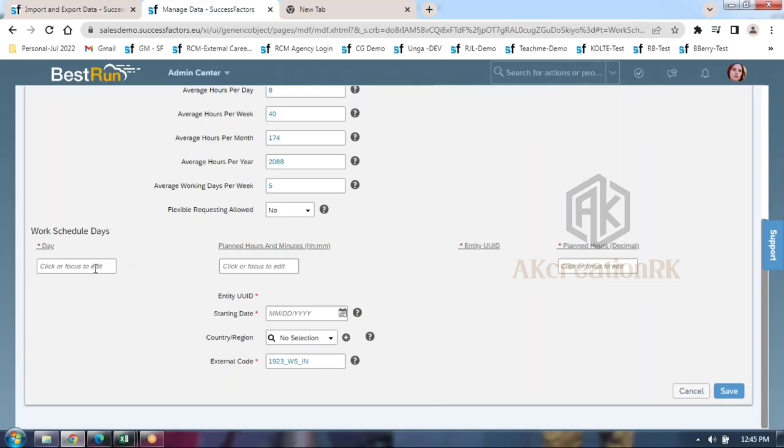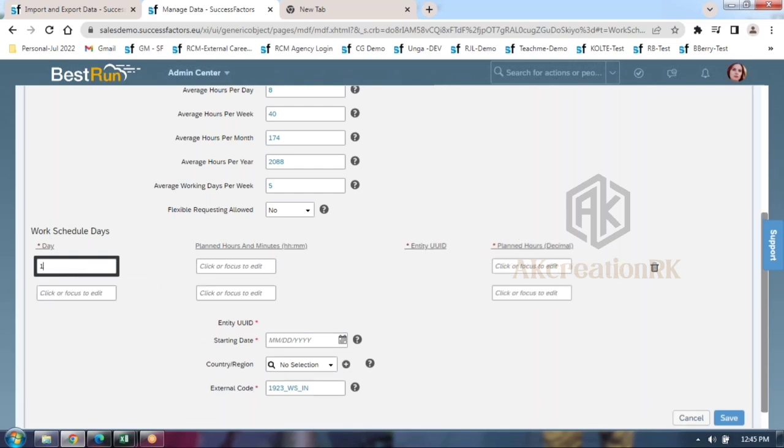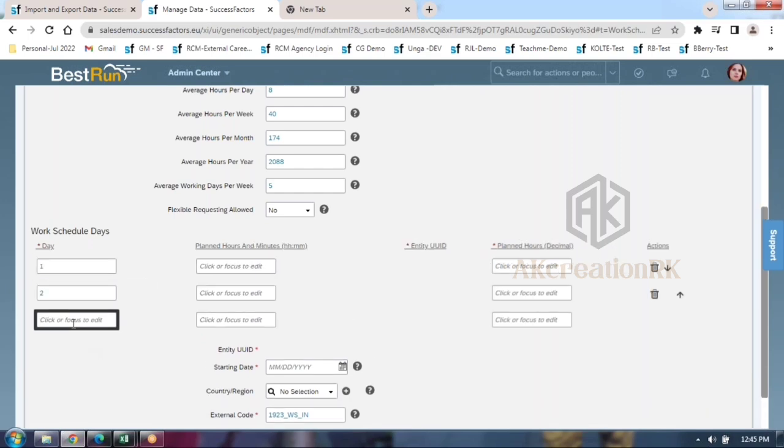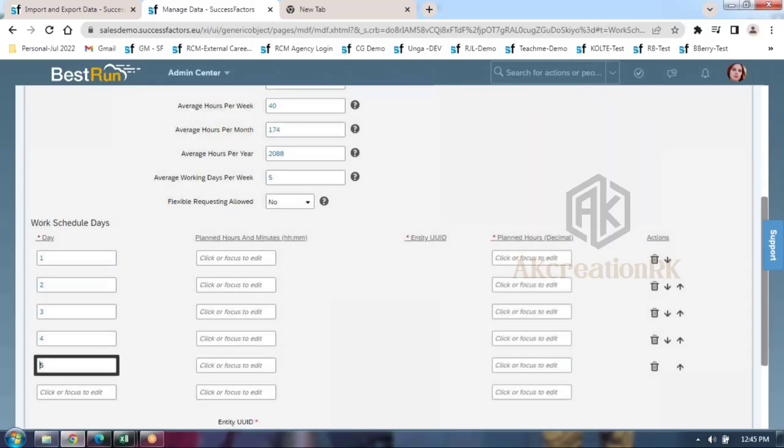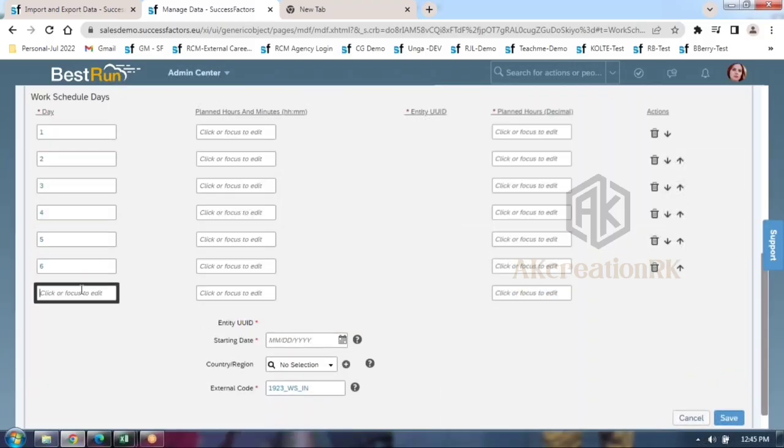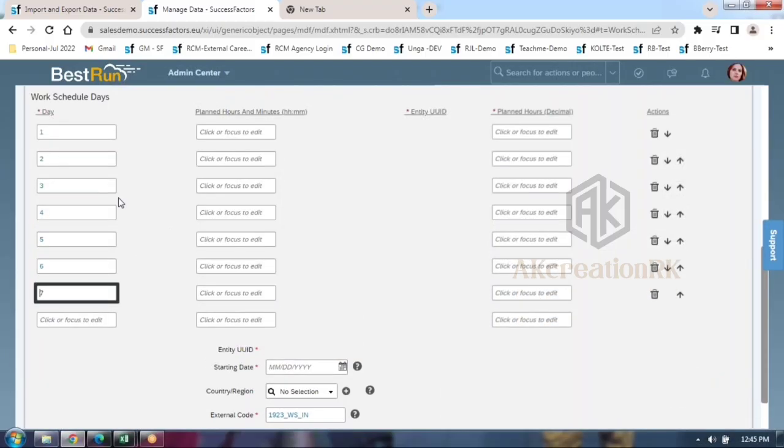So day 1, day 2, day 3. Let me go by 1, 2, 3, 4, 5, 6, 7. Here 1 indicates Monday, Monday to Sunday, not Sunday to Monday, please. Monday, Tuesday, Wednesday, Thursday, Friday, Saturday, Sunday, guys.